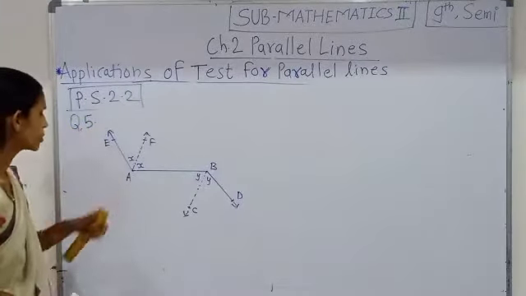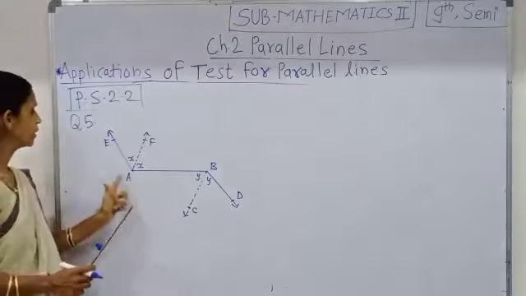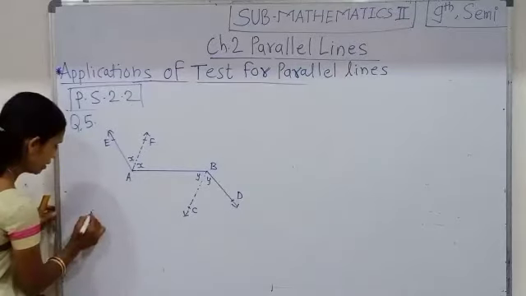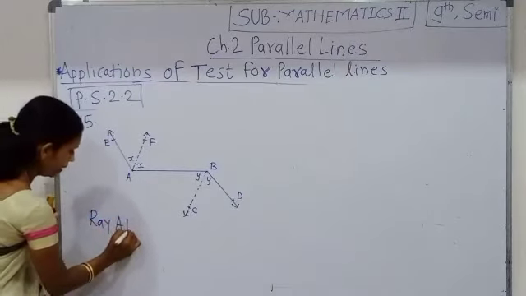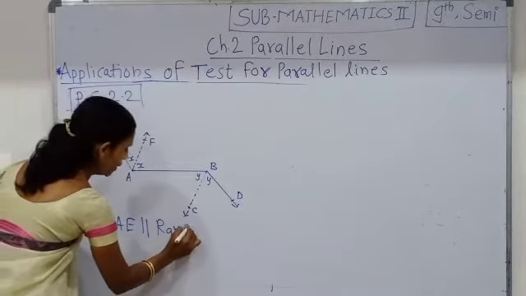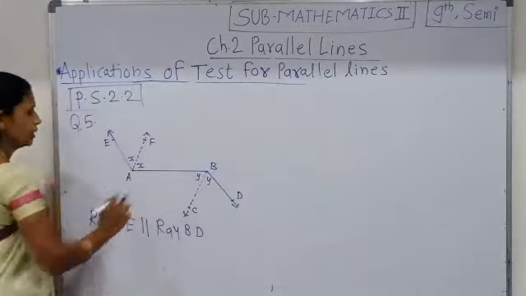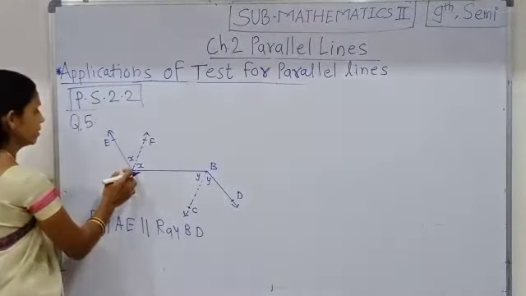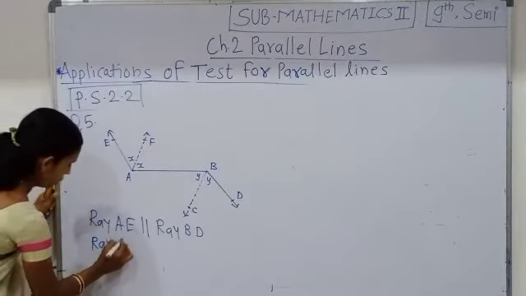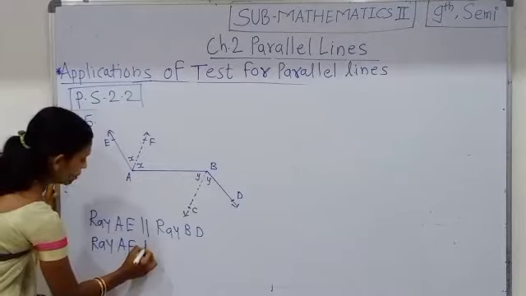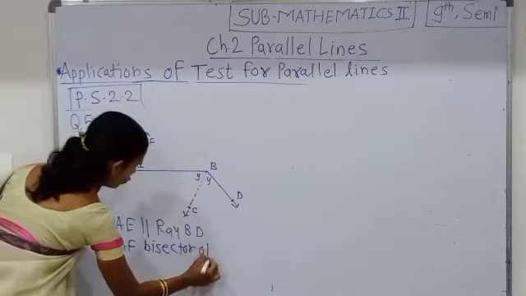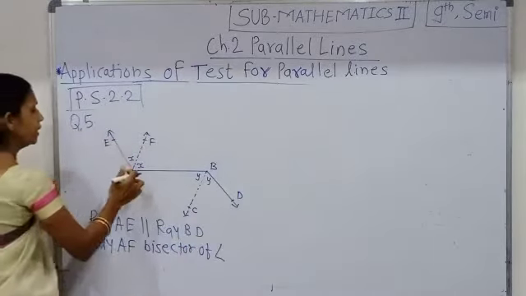See here, in question number 5 the figure is given like this, and here ray AE is parallel to ray BD, which is given here, and here the ray AF is a bisector of angle EAB,